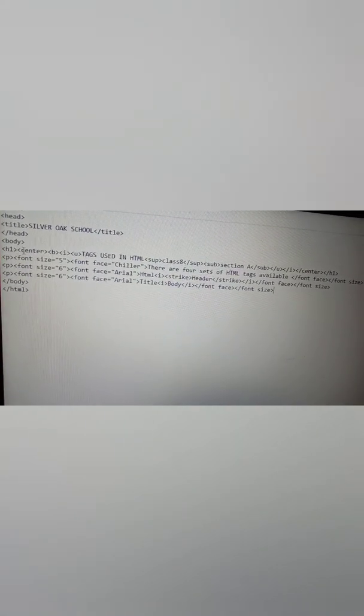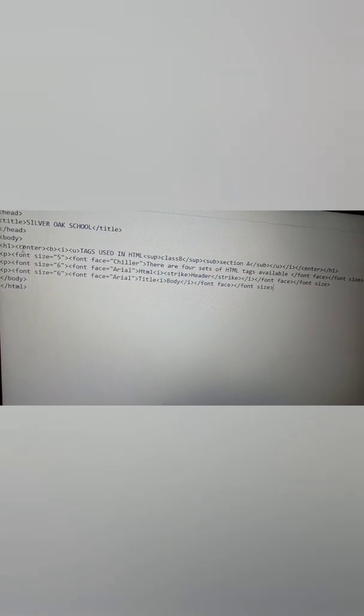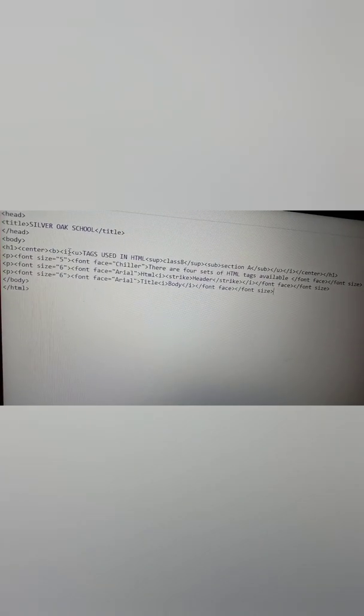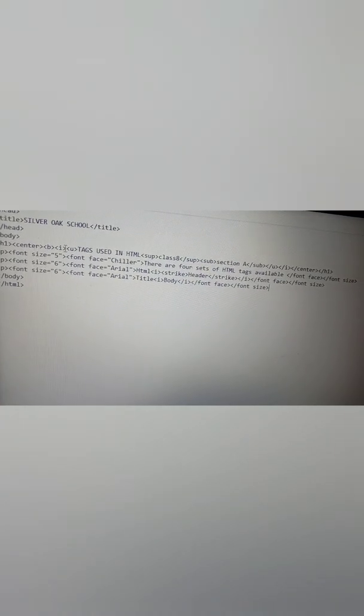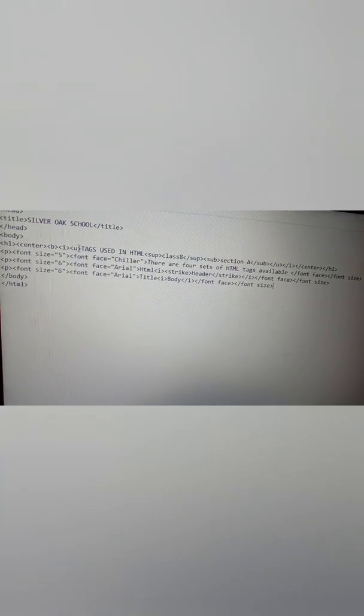Okay, and I need my heading at the center of the web page. So I'm using center. I'm opening the center tag. Then I need my heading in bold. So I'm using B, and also I need my heading in italics. Okay, so I'm using this italic tag also, and I need my heading underlined, so I am using the underline tag